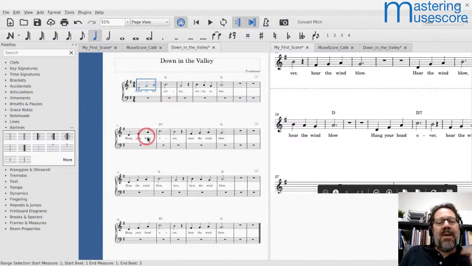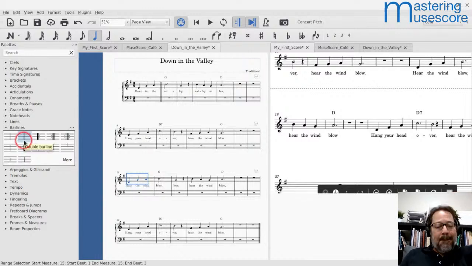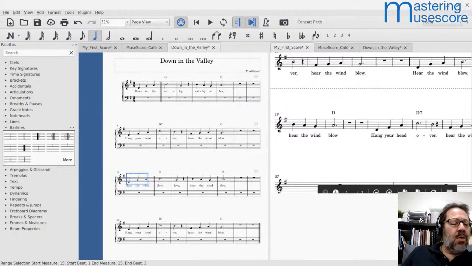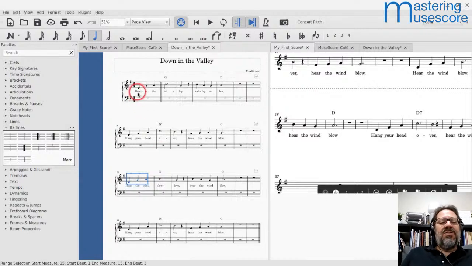And then I'm going to do the same. I'm not going to do it every 7 bars because this is all part of the same verse, right? That's all one verse. Now, here's the start of the second verse, so I'm going to put that double bar there. Again, I don't think everyone would agree with that assessment. So there you go. I agree with the Singer assessment that you want the pickup to go with the